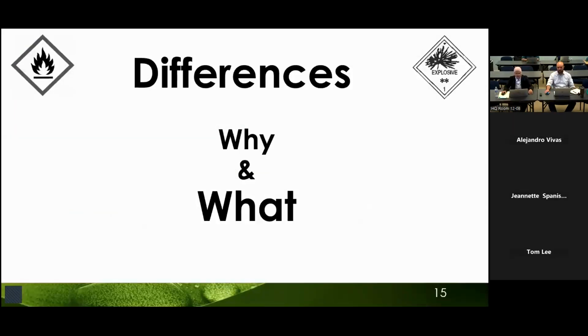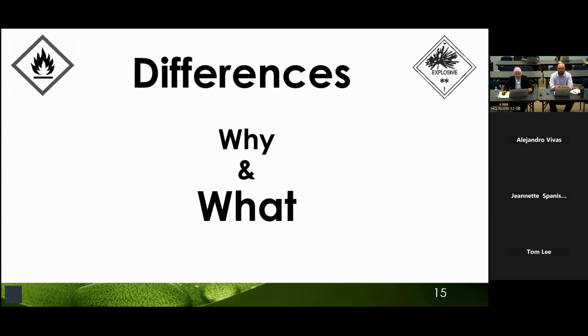As we just mentioned, there are some differences between federal and California regulations in the ignitability and reactivity criteria, due to certain modifications made over the years, and DTSC now recommends adopting these updates to stay aligned with federal standards. While it's helpful to understand what these differences are, it's equally important to understand why they exist in the first place, especially given that the criteria originally started out quite similar.